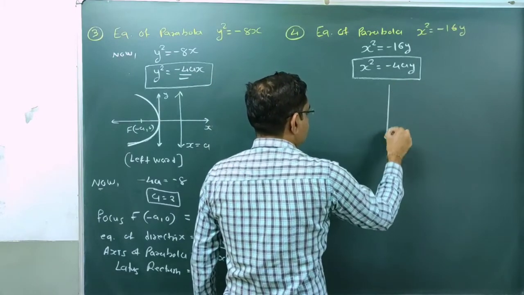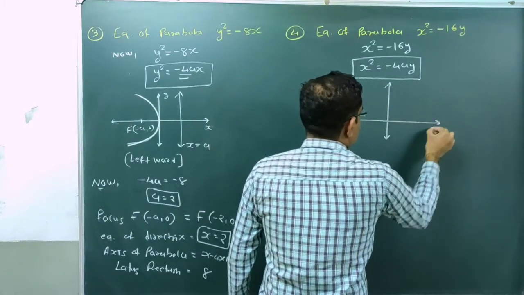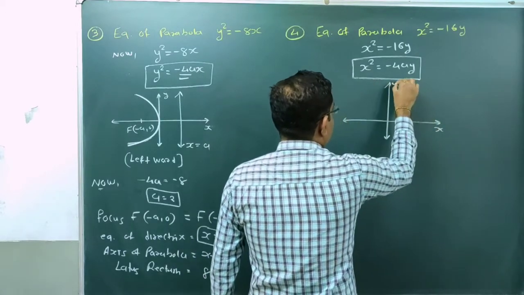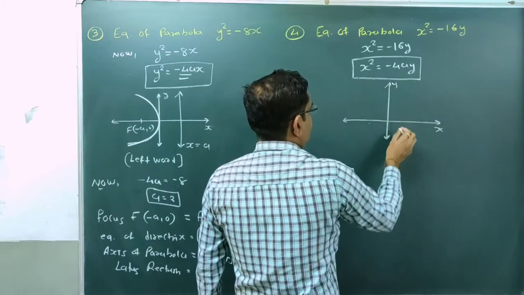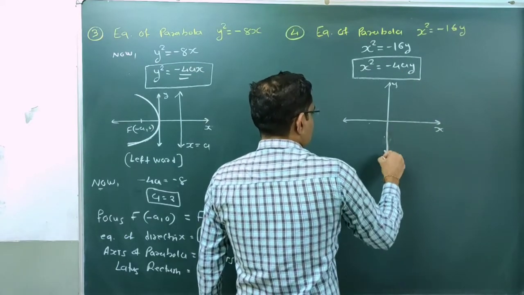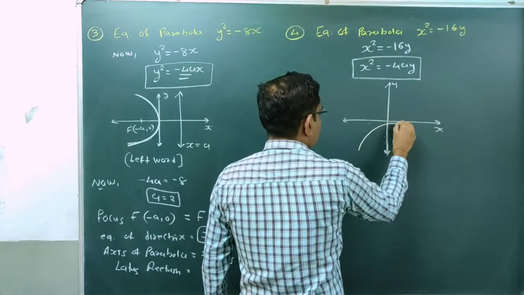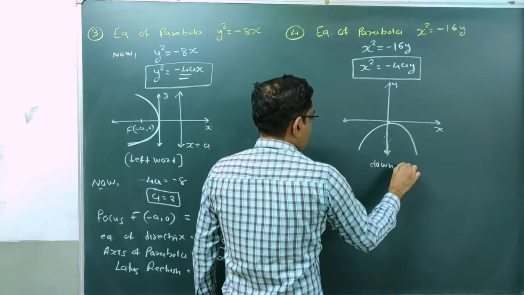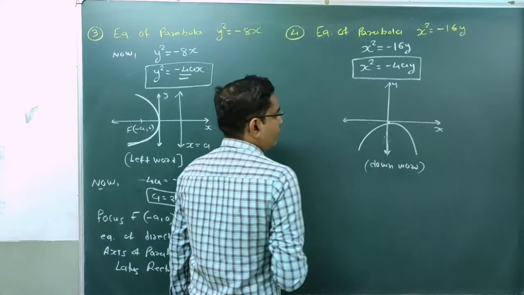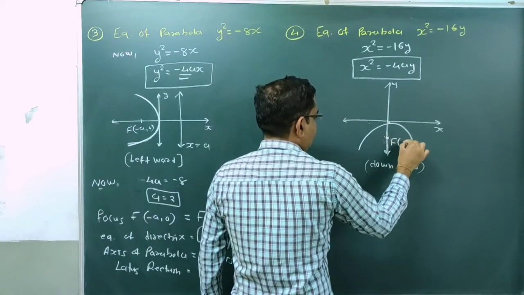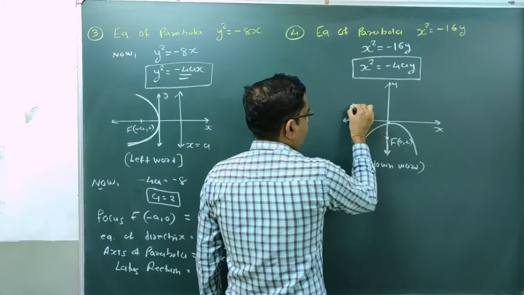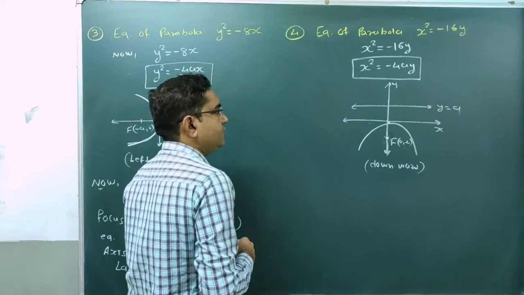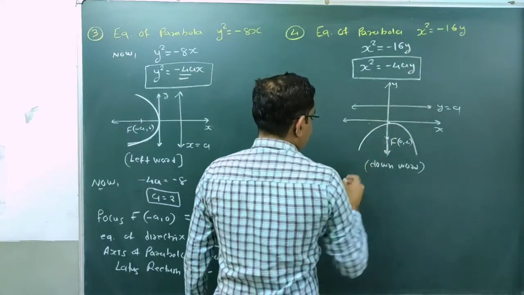Try a rough diagram. In the beginning you have to draw a rough diagram, and after that you will be able to give the answer directly. So x square, both positive and negative values of x are possible, and y will be negative. Y negative is downward. So parabola will be like this. Which parabola? It's a downward parabola. This is the equation of downward parabola. Focus will lie on y-axis, it is 0, minus a, and equation of directrix will be y equal to a.